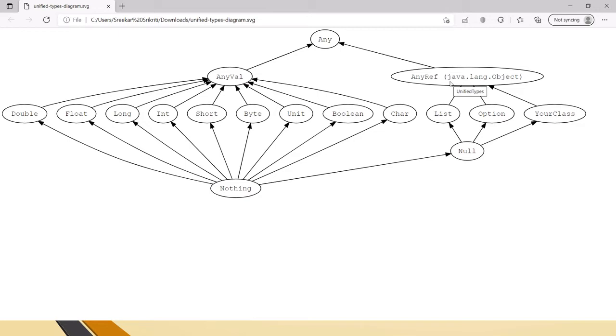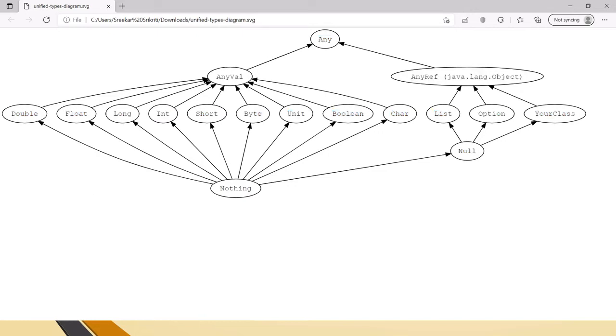And there is a small null as well, the first letter with lower case. That is the one and only instance of this capital Null. So that is the instance, and capital N Null is the type of that. That is the difference between these two. And next is Nothing. Nothing is a type without an instance and implies an exception being thrown. It's a no value type in Scala.